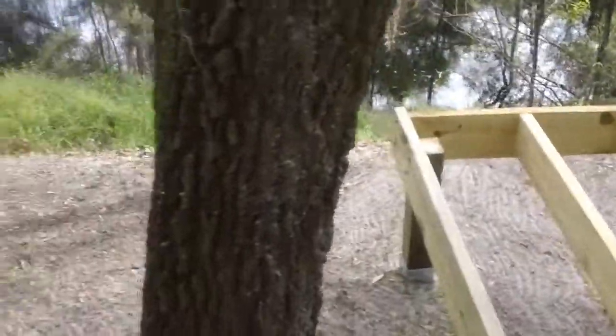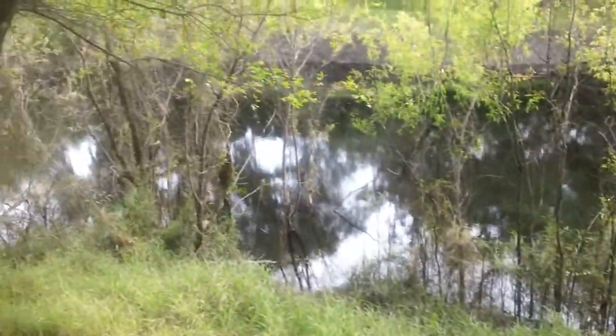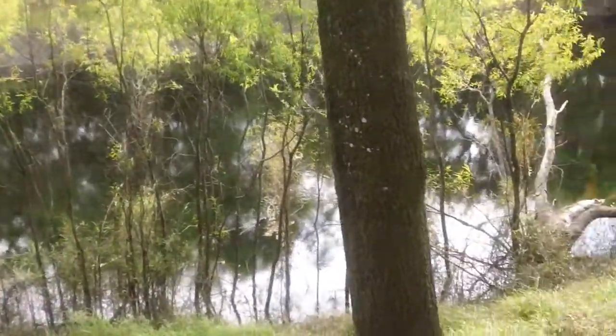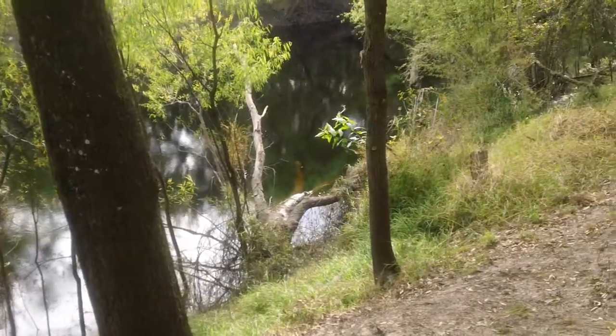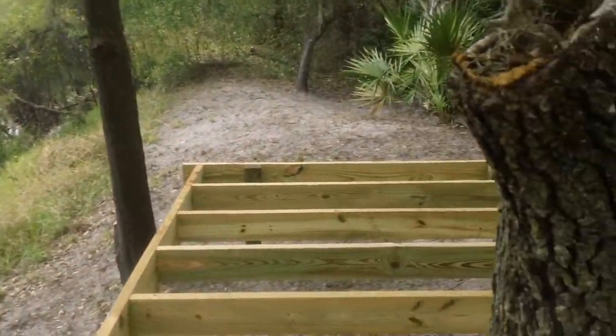Charlie Creek is really moving very slowly. They're supposed to get some rain today, but again, it's quite lovely. I've seen a couple of birds, but that's pretty much it. And very nice breeze today, so that really helped out. But there is the deck,